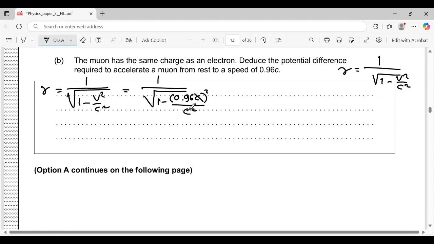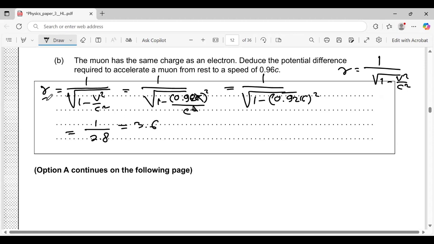This is 0.96 squared, which is 0.9216. And if you calculate, the result is 1 over 0.28,